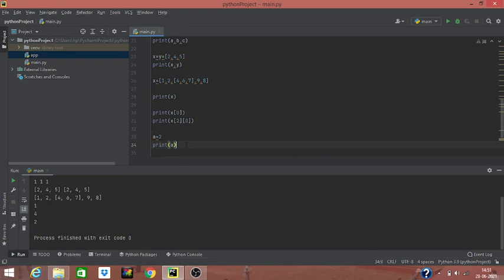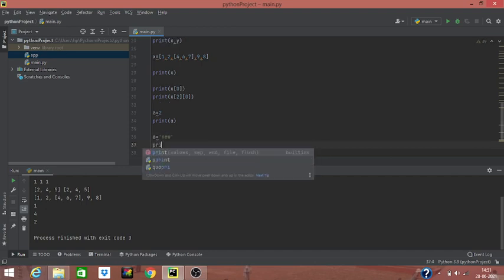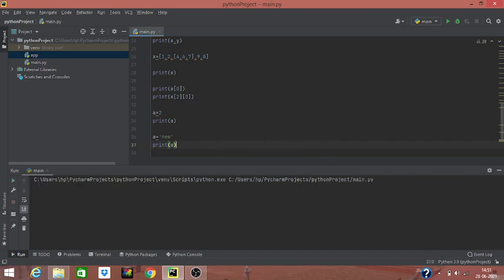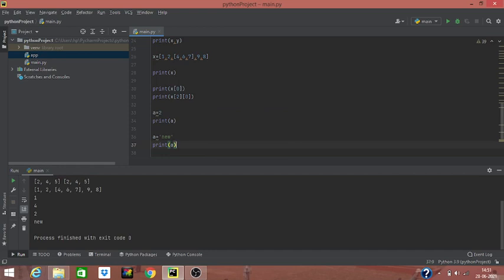Now if I want to assign a new value to this variable, a is equal to, suppose, a string value new, and I will print it. Let's run it. The new value is printed on the screen.